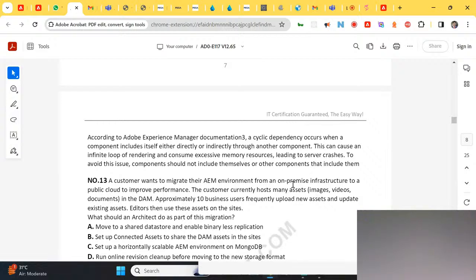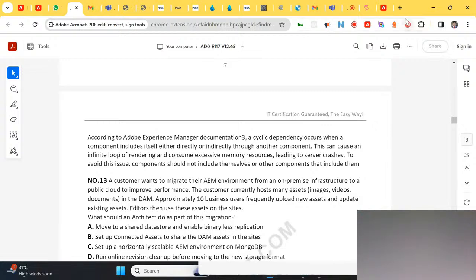Okay, connected assets is a feature released when 6.5 was released in 2017, I guess, or 2016. They have released a feature called connected assets, wherein you will have one AEM instance. The asset will not be on your AEM. The asset will be in a separate network folder or somewhere else, and you can configure connected assets configuration on your AEM so that the asset will look like it can be loaded into AEM whenever it is needed, but the asset is not on the AEM.